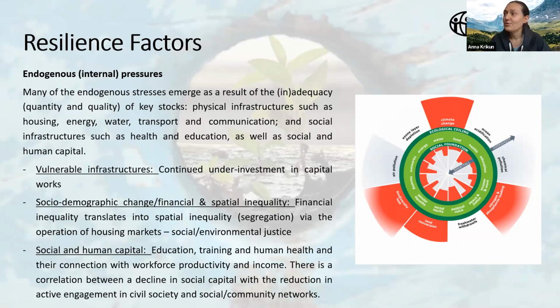Another aspect of it is social and human capital. We can see that when a person or community lacks education, opportunity, training, health and income, their engagement in civil society, in the change of society, is reducing, because they are looking to meet their basic needs. Currently, the share of the population on our planet who are illiterate is 15%, which is quite high. These are the pressures. Now we're going to look at the suggested solutions in our projects.